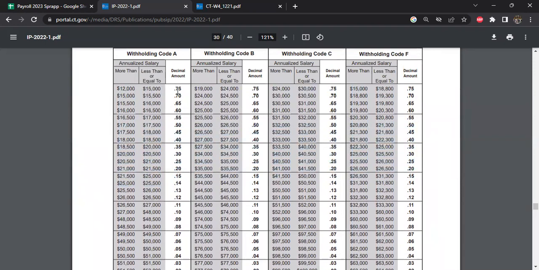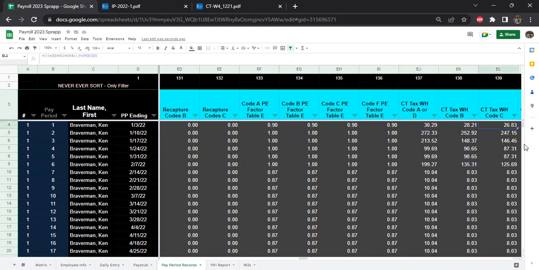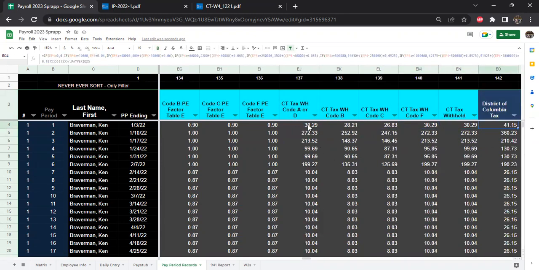If they're between 12 and 15,000, you get to reduce by 75%, whatever the withholding amount was. That's how that works. So it puts the code here for code C, for code B, for code F, and for code A. It puts the recapture code, and then you do your preliminary tax for each one of those codes, which is you add up the three recapture things and